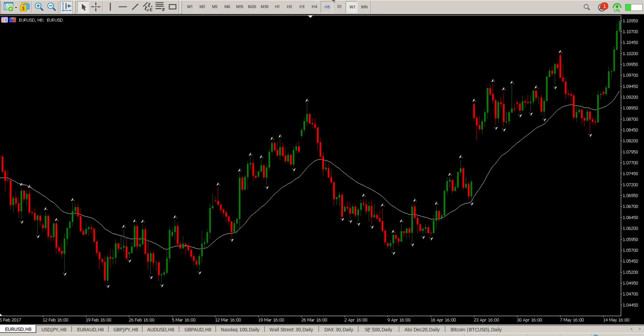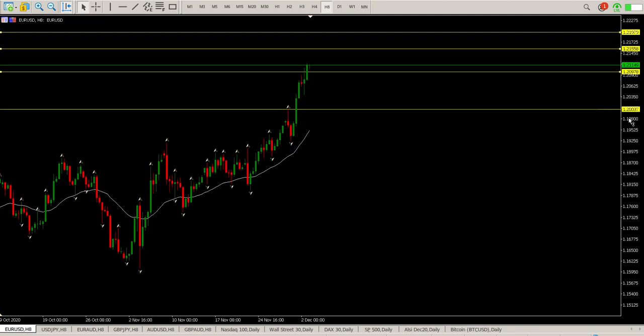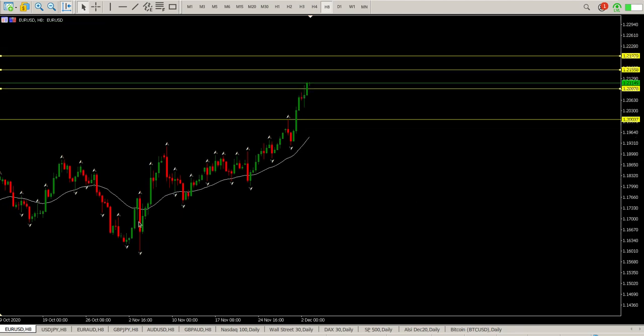So if we come back to the 8 hour, you'll see we are going parabolic. In other words, if you had to draw a line around this, it's starting to almost make a half moon shape. Okay, so we're just getting steeper and steeper. That's always an indication that we're coming up to some form of resistance that is going to hold. So what we need to start looking for is areas where that's going to be,